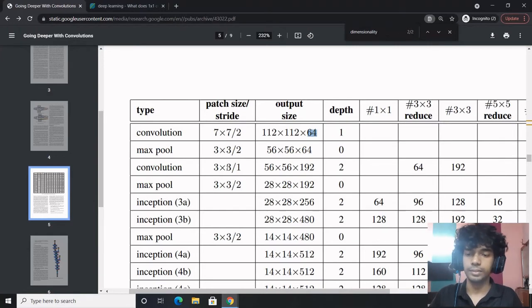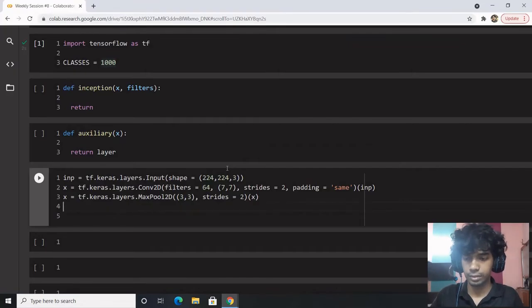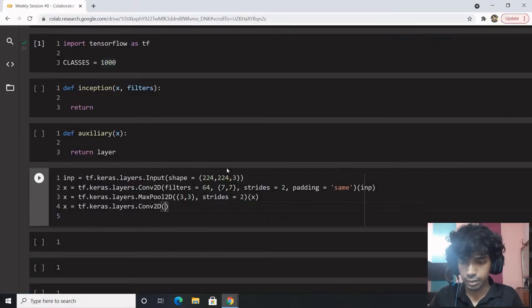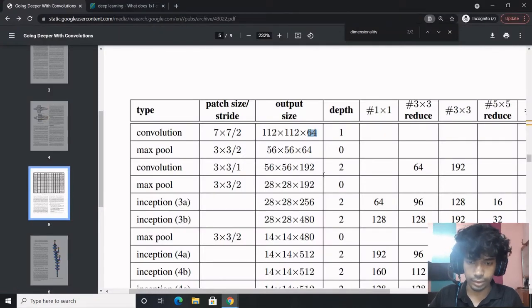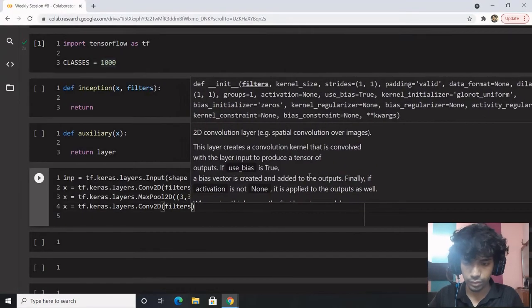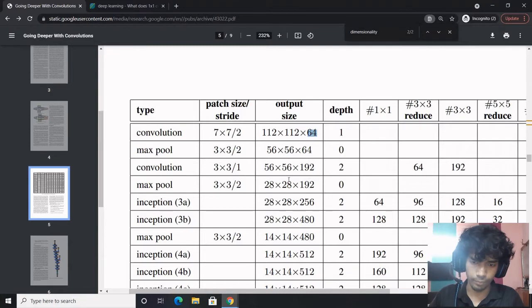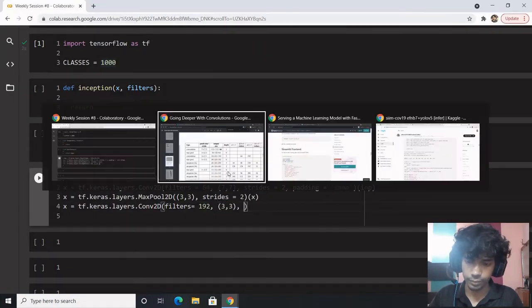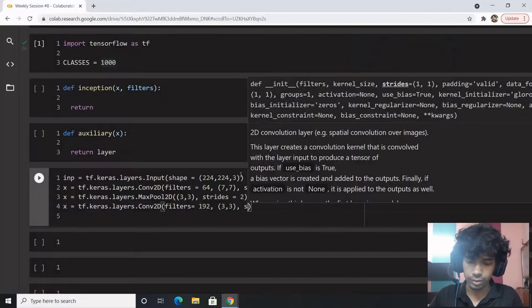Now let's proceed to convolution. This is the linear initial part of the input, and we have filters as 192, kernel 3 by 3, strides equal to 1.